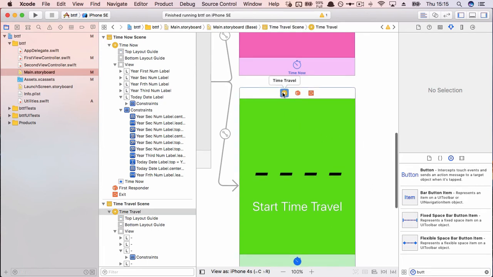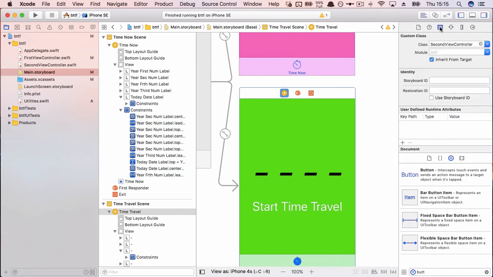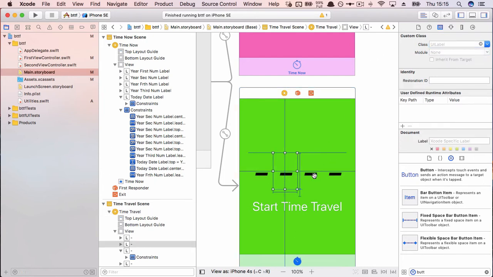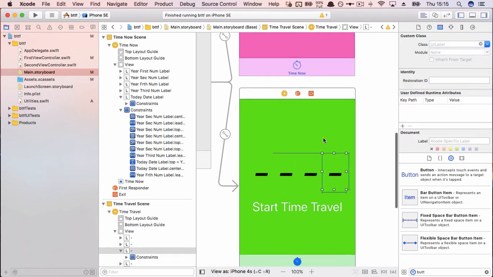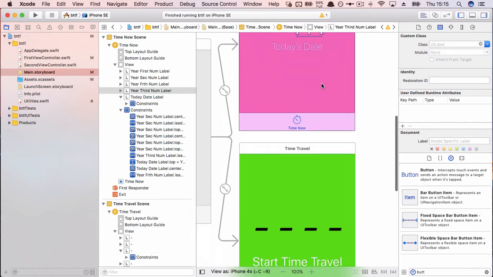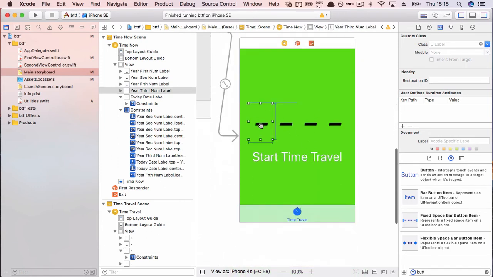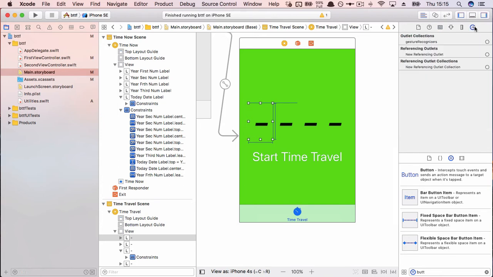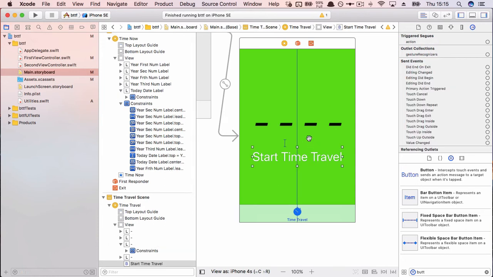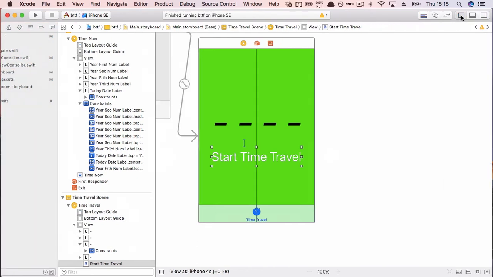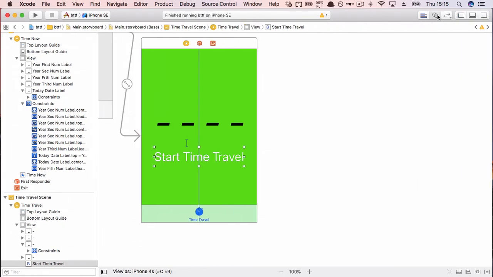Now, because this view controller outlets to second view controller, none of these labels are going to have an outlet, even though we actually copied them across. But just to make sure, let's select these labels and select this little outlet inspector at the end. And every single one should have no connections. And of course, the button has no connections. Right, so that's okay. I'll make my little bit of space, open the assistant editor,